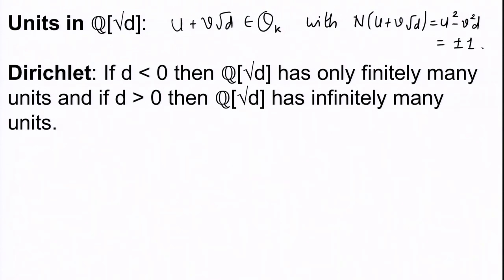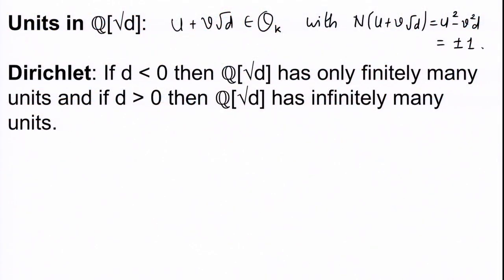These are precisely all the elements which are the units in the field Q root d, and here we have a theorem due to Dirichlet which describes the set of units completely. In fact, the theorem of Dirichlet goes even higher. Here we are looking at elements of the form a plus b root d, which are called quadratic, elements which satisfy a quadratic polynomial. Dirichlet's theorem is a general theorem, a very well celebrated result.